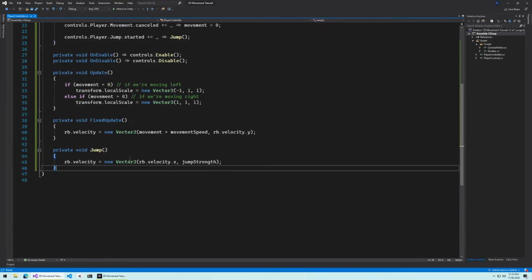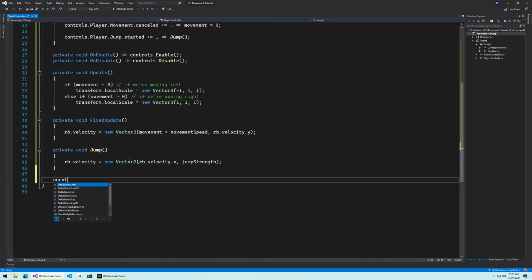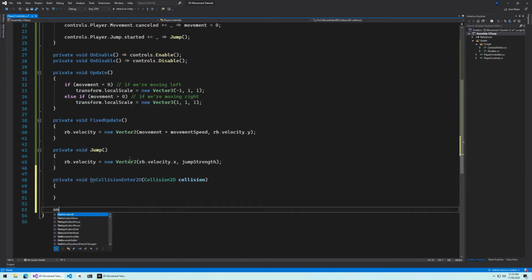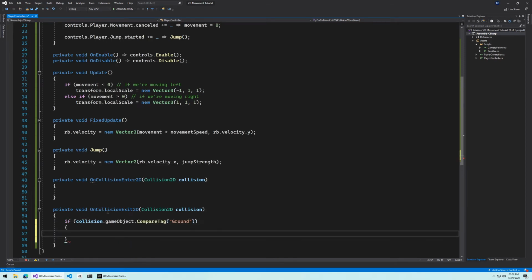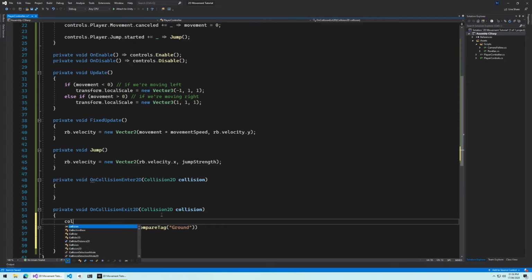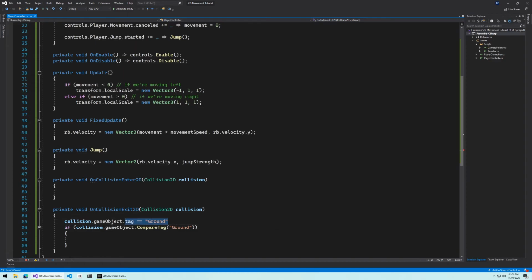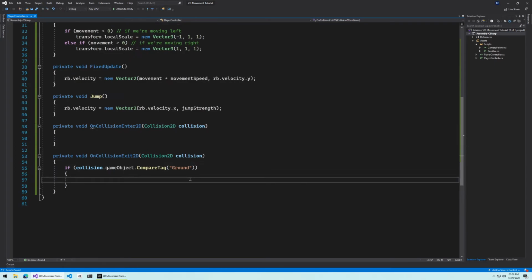Now back in our script, we're going to add 2 new functions. We're going to do OnCollisionEnter2D and OnCollisionExit2D. So inside of OnCollisionExit2D, we want to do if collision.gameObject.CompareTag ground. So if this game object is tagged with ground, you may be tempted to do collision.gameObject.tag equals ground. However, this is actually less performant and it's slower than this, so you should always use CompareTag. So if we have just left the ground, we want to set isGrounded to false because we've just